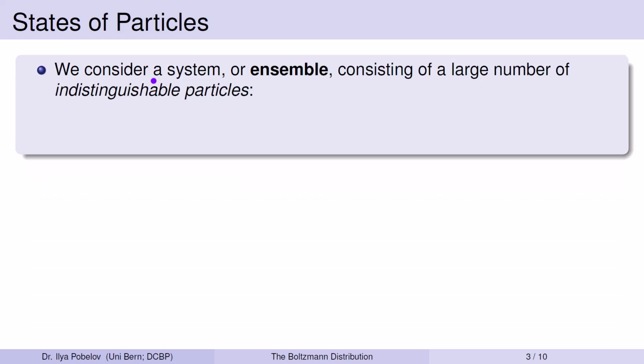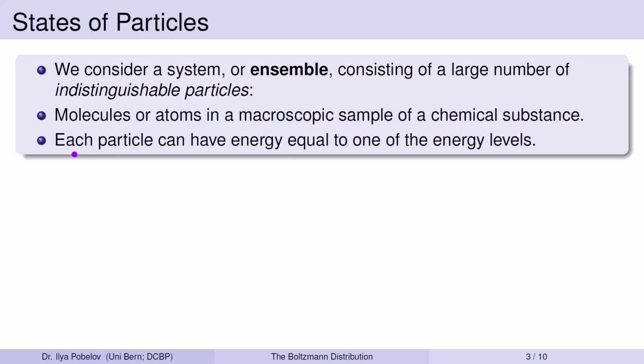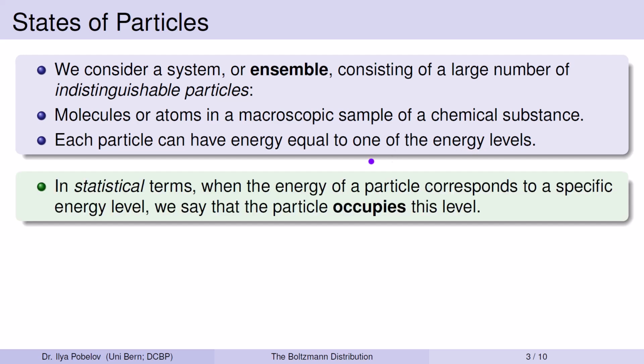Let us now consider a system or ensemble consisting of a large number of indistinguishable particles, such as molecules or atoms in a macroscopic sample of a chemical substance. Each particle can have energy equal to one of the energy levels, that is, one of the allowed values. In statistical terms, when the energy of a particle corresponds to a specific energy level, we say that the particle